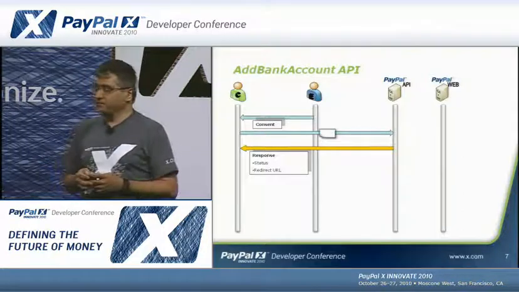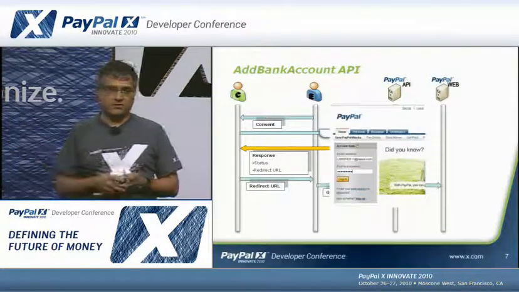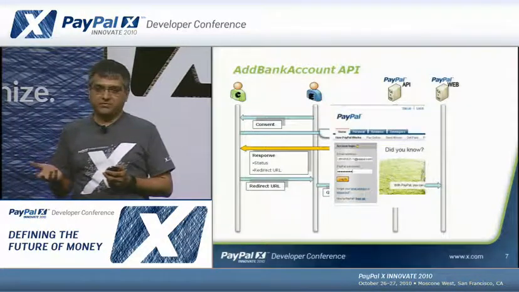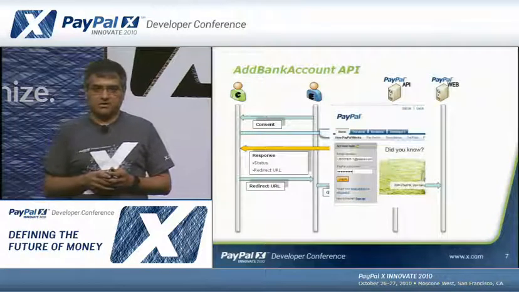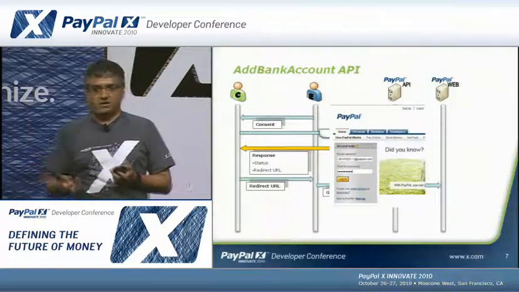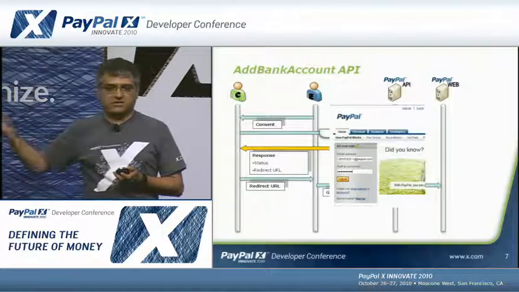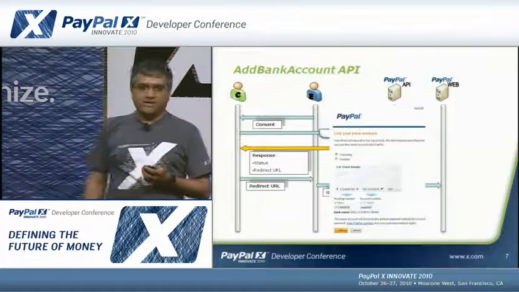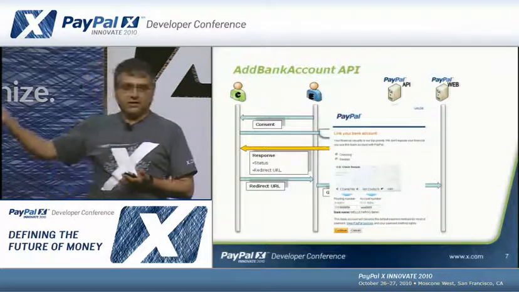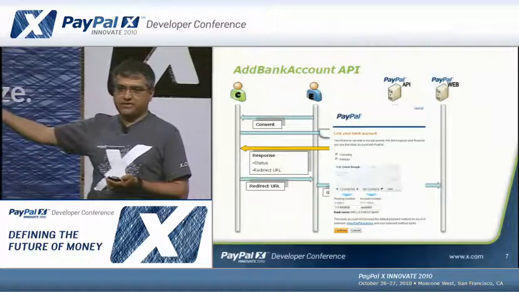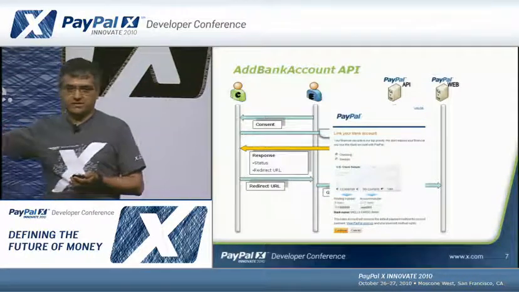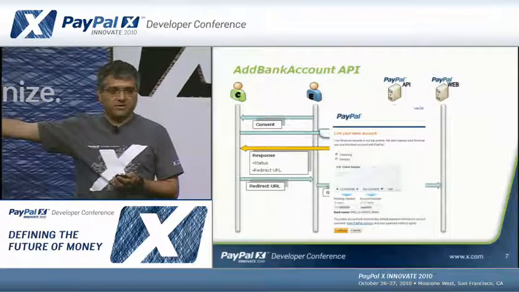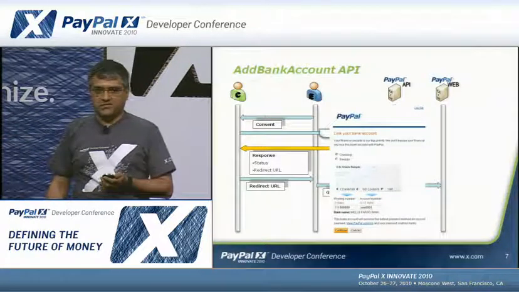The redirect URL, as before, you must pass to the end user because you added a bank account to the end user's PayPal account. Now they must confirm this operation before the operation actually completes. And it's not just enough that they confirm it implicitly. We ask them to actually log in as the first step. So when they go to the redirect URL, they log into their PayPal account. They are shown their bank details. Since this is a US account, we are showing them the routing number that you sent on their behalf and the last 4 digits of their account number. And in most countries, we are actually able to look up the bank name as well. So you see that the bank name is pre-populated correctly for the routing number in question.